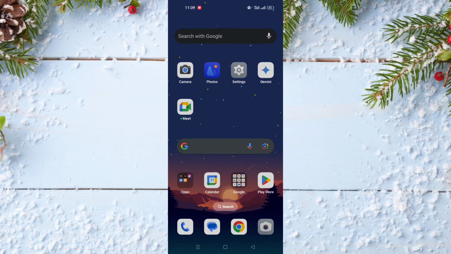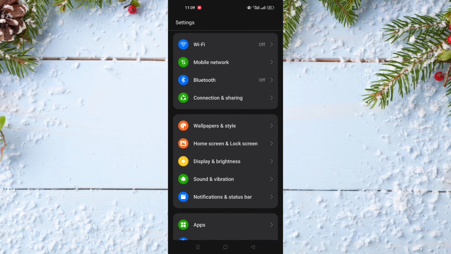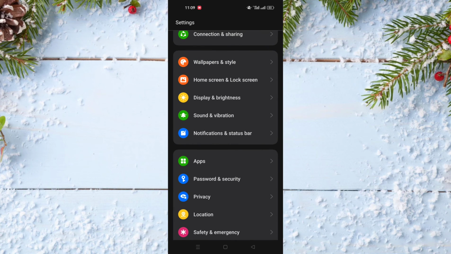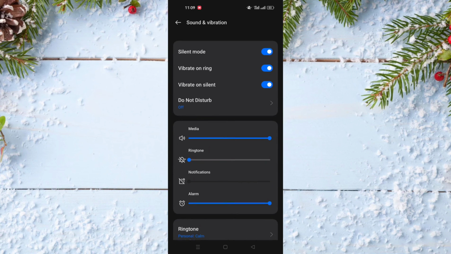The second method is to enter settings, and on settings scroll down a little bit until you find sound and vibration. Click on it, and also be sure, even if your phone is on silent mode, that the media is not silenced like this. Try to be sure that there is always sound on it,